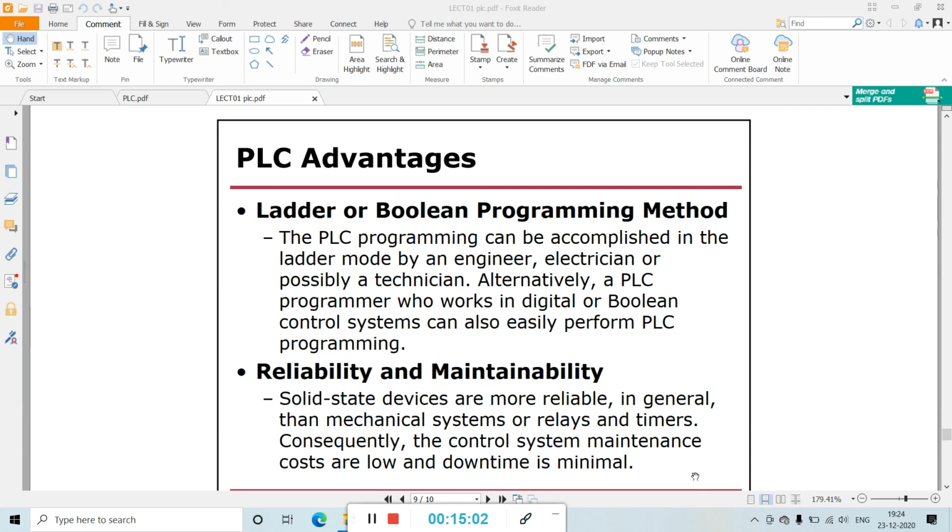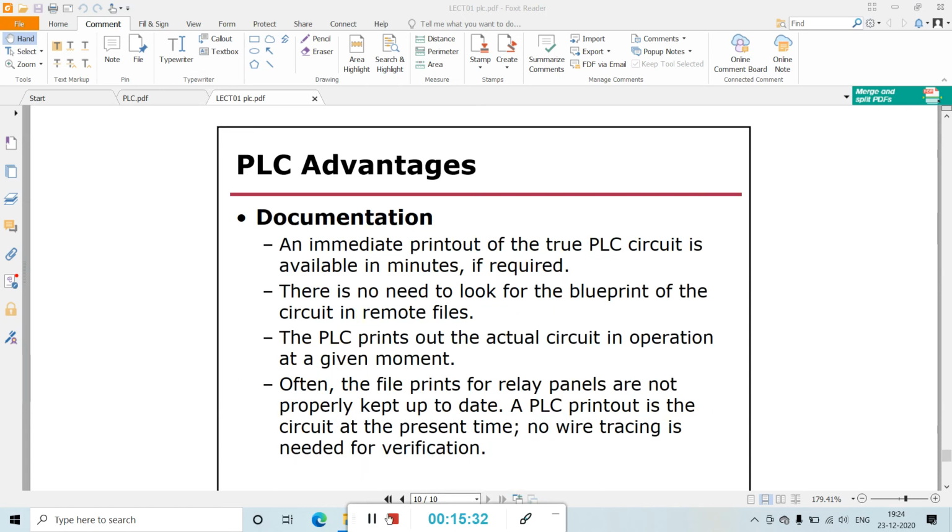So ladder mode is a technique, used by an engineer, electrician, or possibly a technician. Alternatively, a PLC programmer who works in digital or Boolean control systems can also easily perform PLC programming. Then the next advantage is reliability and maintainability. Solid state devices are more reliable in general than mechanical systems or relays and timers. Consequently, control system maintenance costs are low and downtime is minimal.